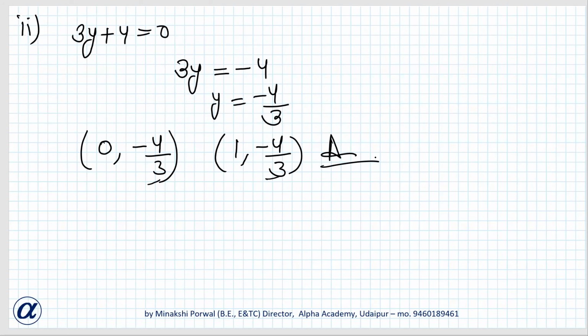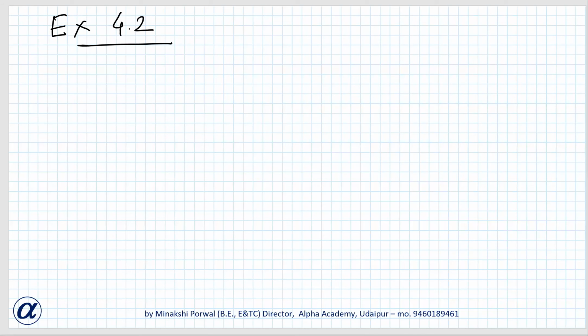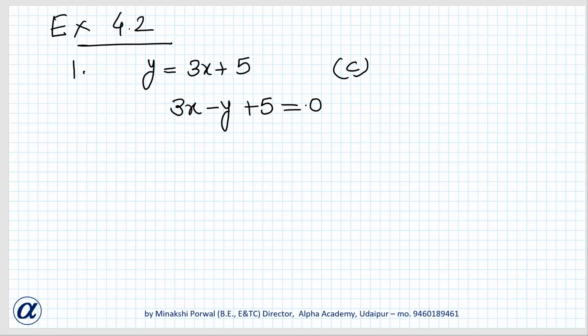Yes, ma'am. Okay. Question number 1. Which one of the following options is true and why? Y equals to 3x plus 5 has unique solution, only 2 solutions, or infinite many solutions? Ma'am, infinite many solutions. So C option, infinite many solutions, will be correct because this is a linear equation in 2 variable. Its standard form is this. Okay, so it has infinitely many solutions.